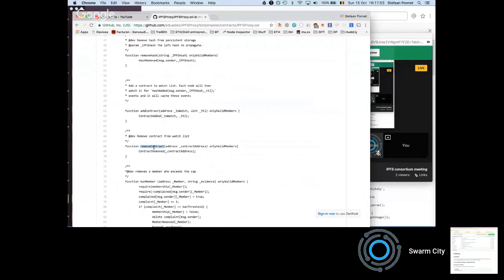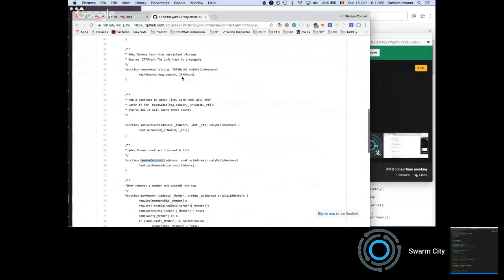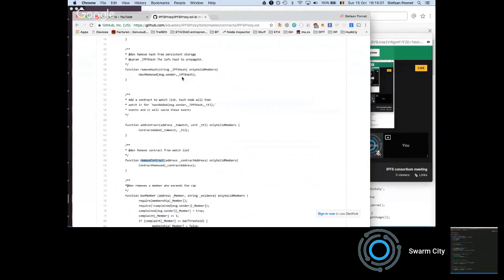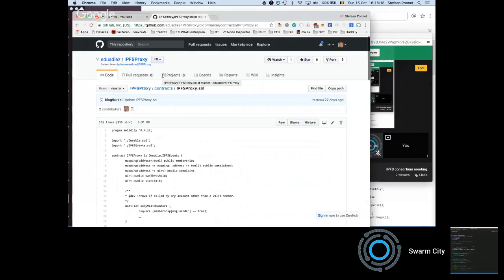What this does is that the scripts, which I'll go over after, will actually listen to those contracts and listen to events of the type hash added or hash removed. So that means that you can also add new hashes on chain, from one smart contract to the IPFS consortium. So these are currently the two ways you can add and remove IPFS hashes.